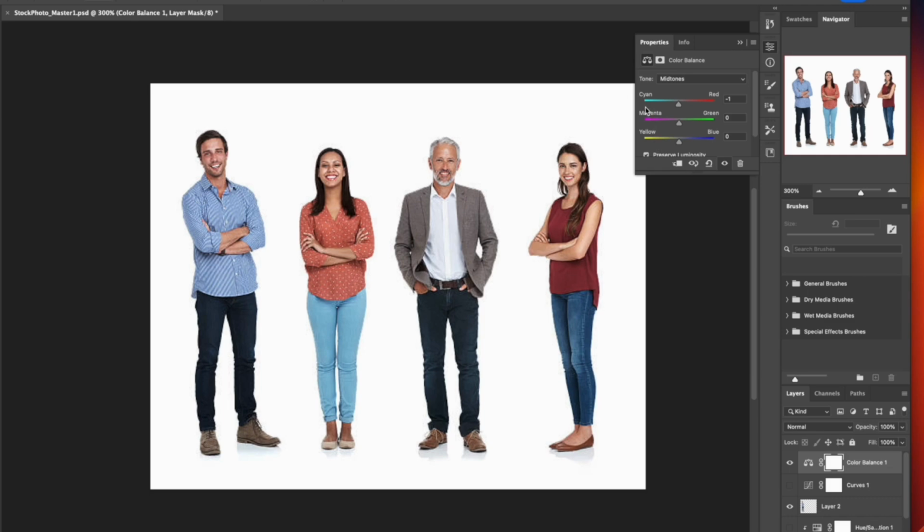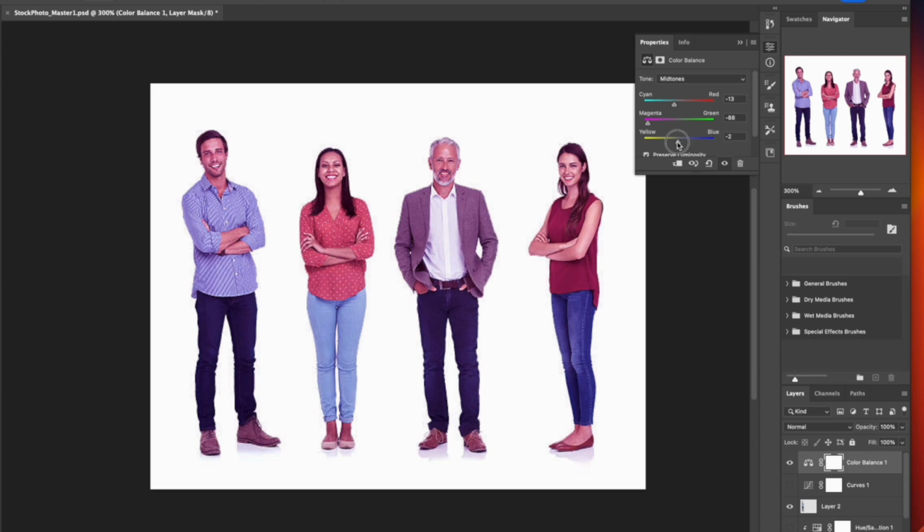blue, yellow, magenta, cyan. If I start to push this to the reds, what it's telling Photoshop to do is really lean on my reds. I want to feel red in as much as you can. And likewise, if I really punch up greens, I'm saying just give me more green. If I go the other way, you see how everything starts to lean towards magenta. If I take this top one and I go towards the cyan, you see how everything starts to feel more